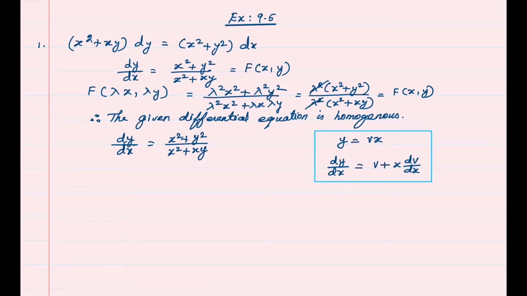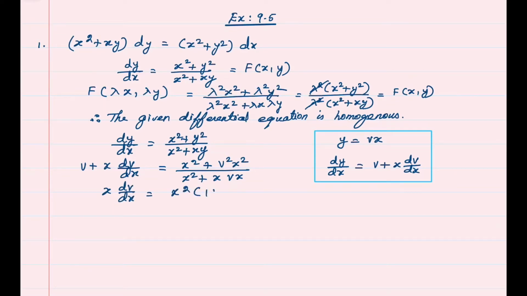Therefore, this equation becomes v plus x dv by dx, which is dy by dx, equal to x square plus, substitute y as vx, v square x square divided by x square plus x times vx. No more y in the equation. We have substituted for dy by dx as well as for y. Now, the equation will be only in terms of v and x. x dv by dx is equal to, x square is common,